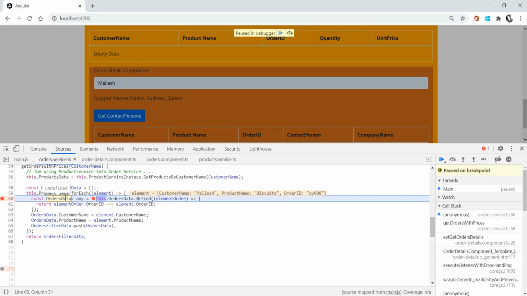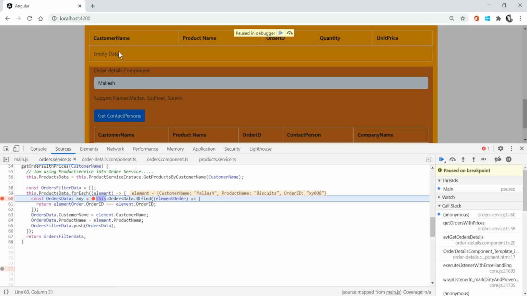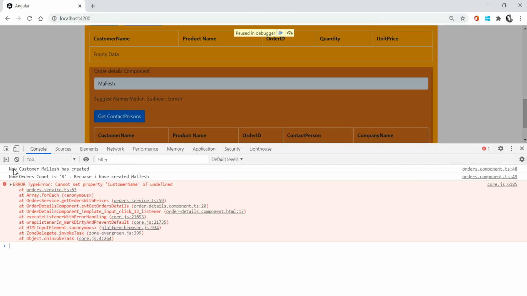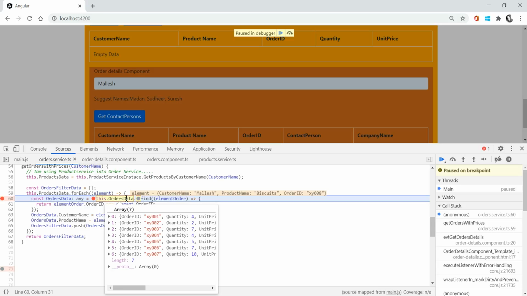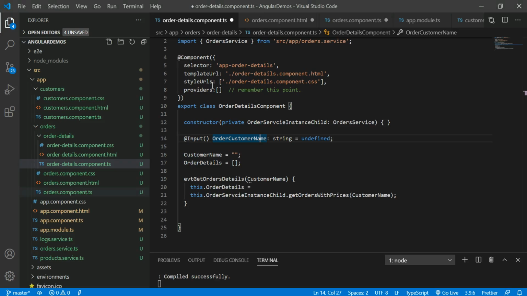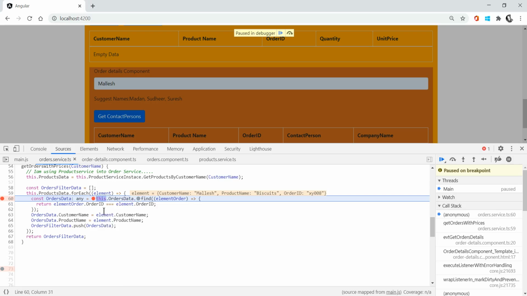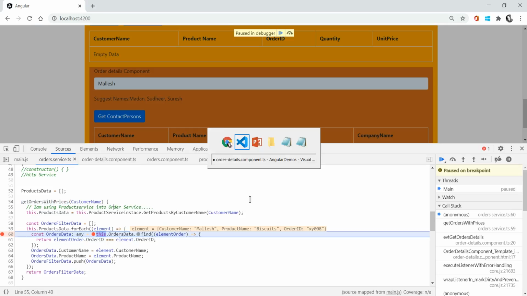See here, the orders data is not available at all. The Malesh data I have created is not available in the orders data. Please note that right now I am using the order service instance child. Based on that instance I am calling get order with prices.